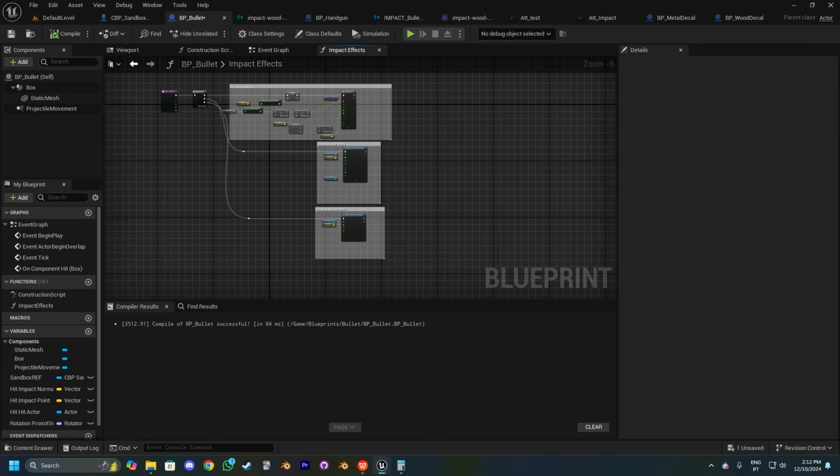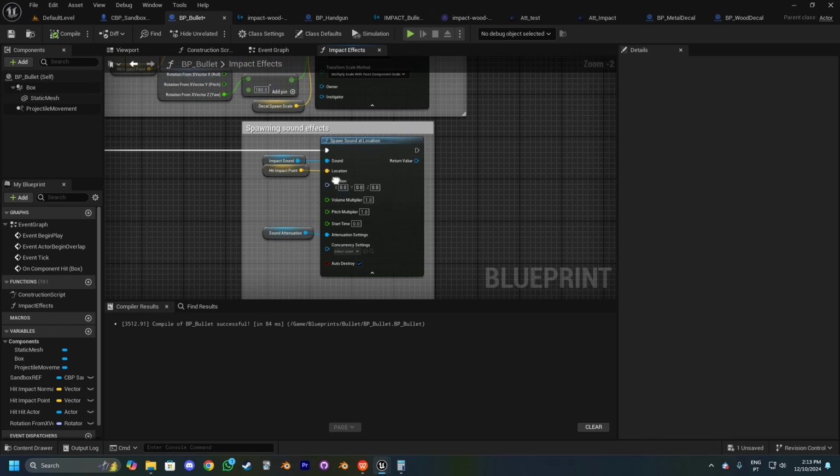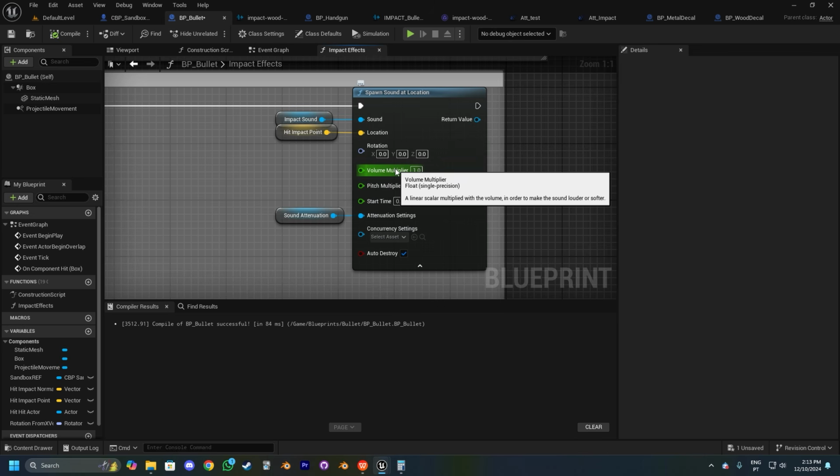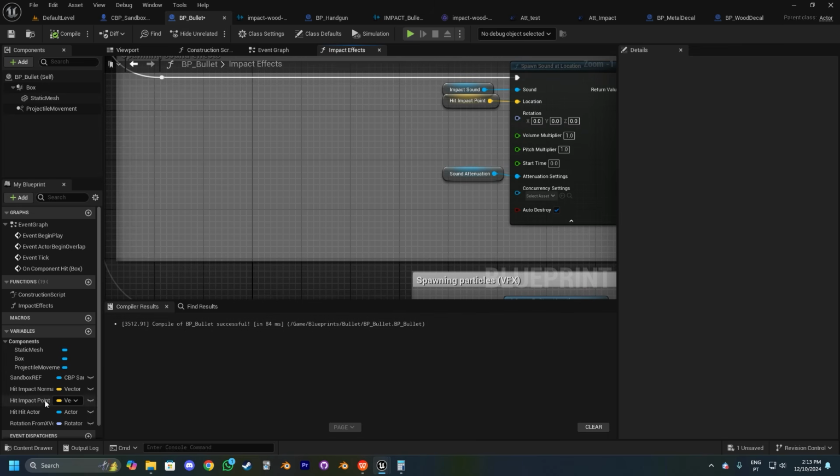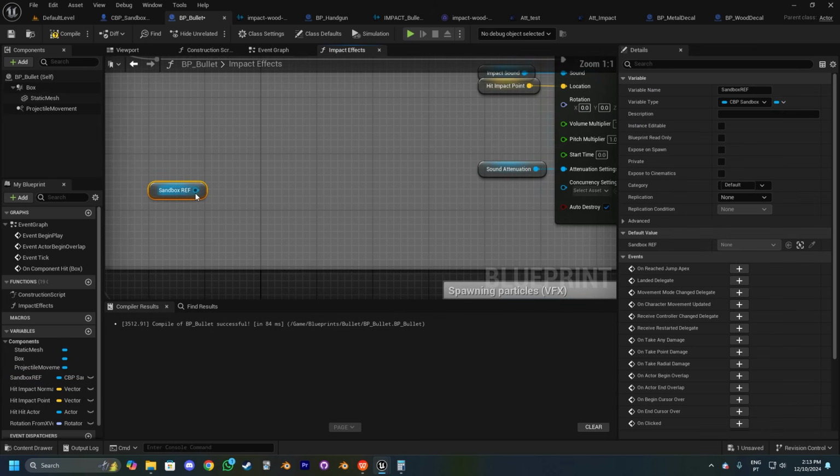So what else can I do? Yeah, of course, the spawn sound at location. We can change what's going to be the volume multiplier before the sound gets spawned, right? So of course, we're going to make the volume relative to where the character is, in this case as a single player third-person shooter. So what we're going to do is get the sandbox character reference, and we're going to compare the distance between the character and where exactly the